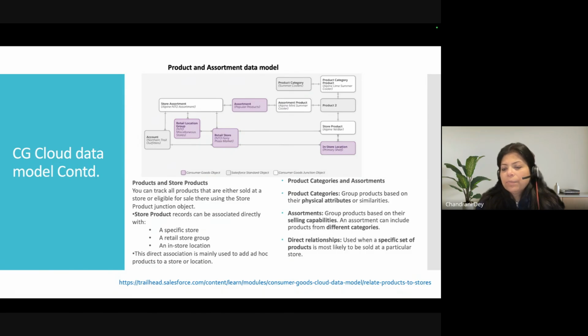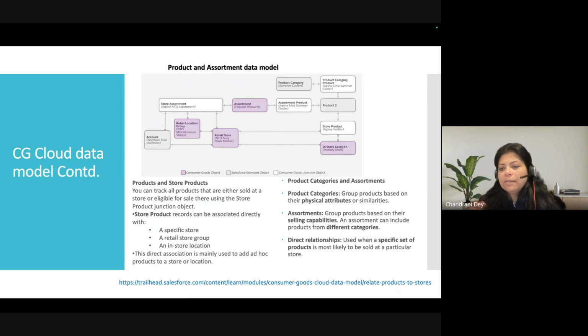And direct relationships are used when a specific set of products is most likely to be sold at a particular store. As I told, maybe in a school location, a particular brand of chocolate is sold more, or a particular pencil is sold more. You might be trying to capture all these factors of a store or of a product in your CG Cloud.